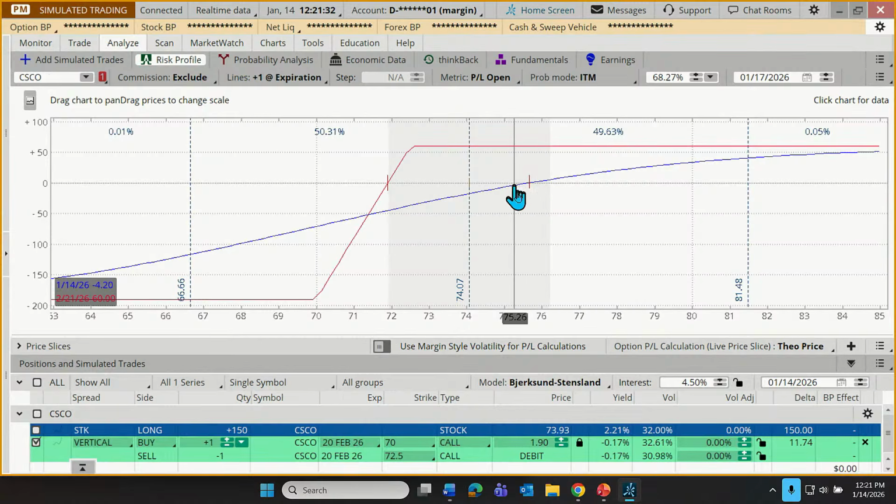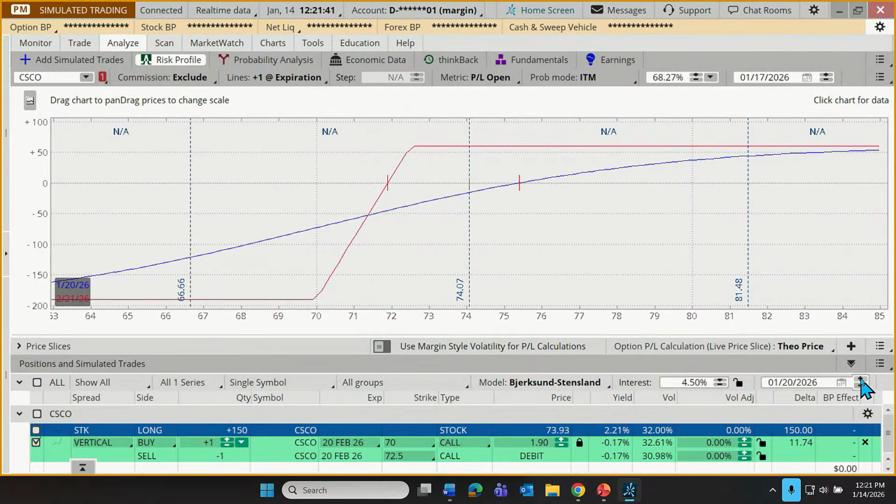And as an interesting reference point, keep your eye on this break-even point as I click the plus sign, advancing one day at a time. What you'll notice is the break-even line is moving to the left, while the profit line is advancing up. The loss line is advancing down, and it's getting closer and closer and closer, looking just like the expiration line.